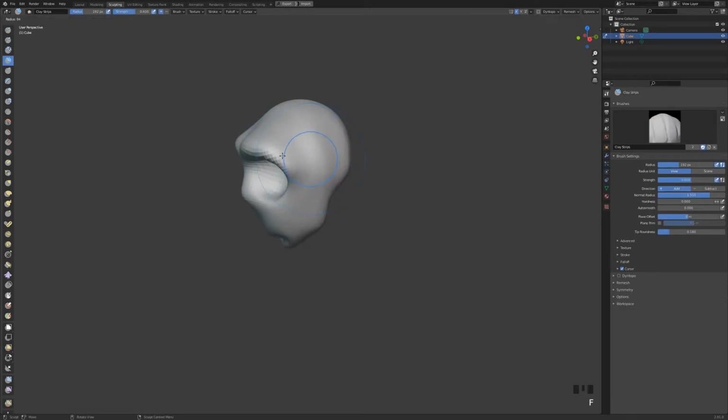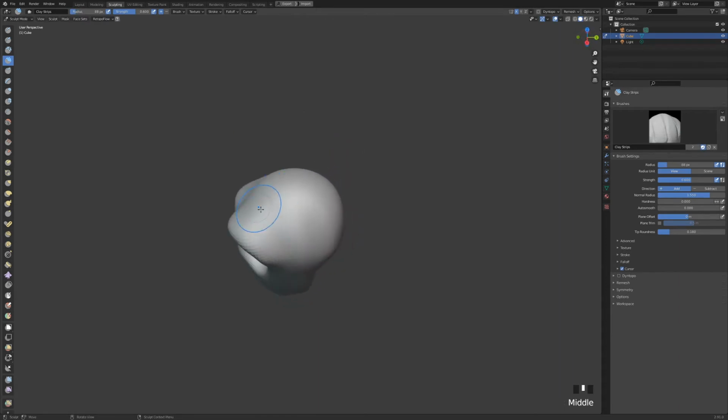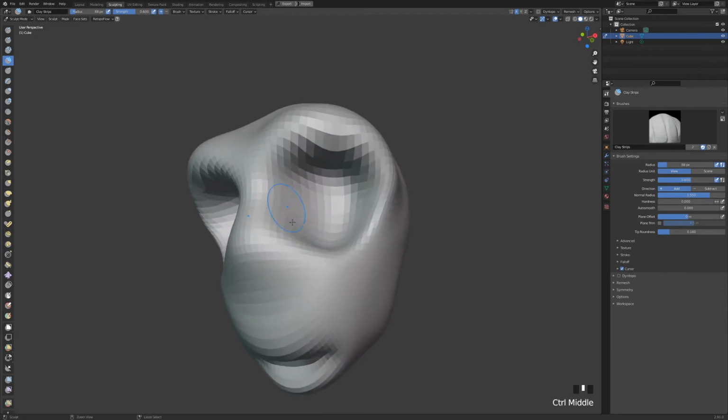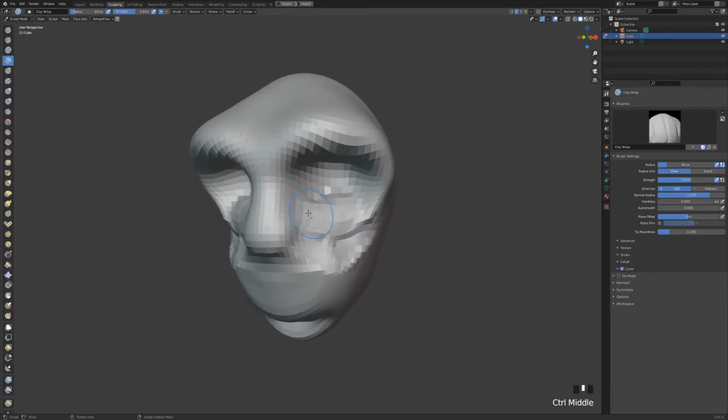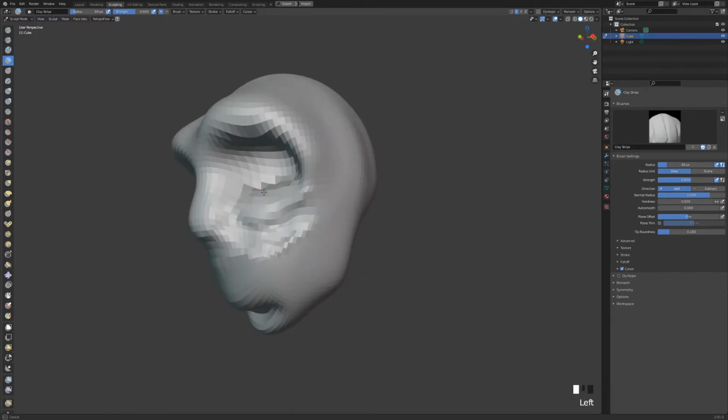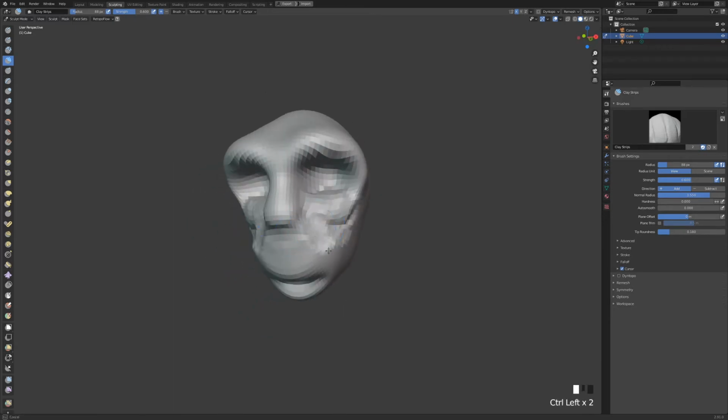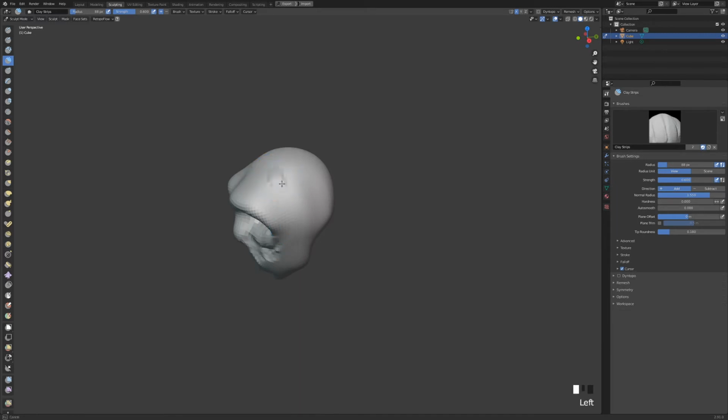Before in Blender it was not so good, but since Pablo de Barro updated the brush, now it's very nice. This brush is very good to build up volume. For example, if I want to make some saggy eyes here, maybe I don't have enough resolution, but I can quickly add volume, so it's very useful to